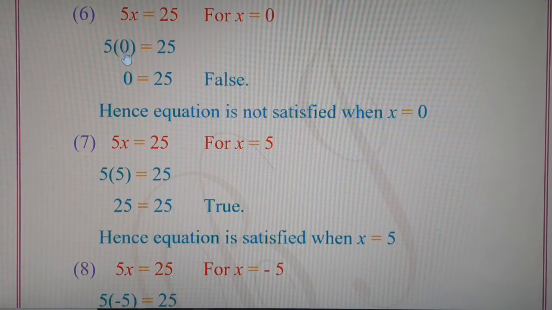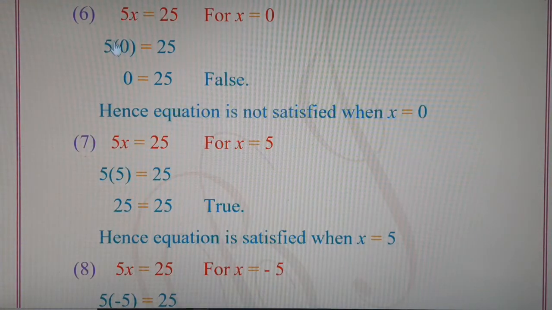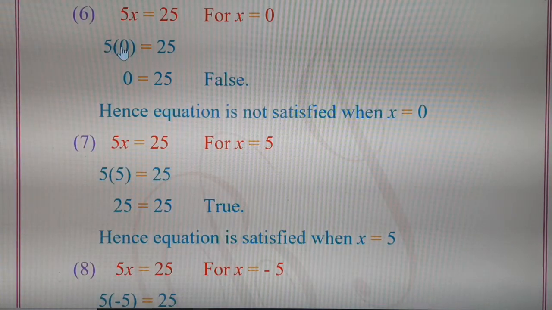So here we substitute the value inside a bracket. So x will be substituted as 0. So 5 bracket 0 we have to write. Otherwise, if we just write 5 and then we just write 0, then 50 it becomes 50 and the sum will become wrong. So here, in order to substitute the value, children, please remember that we have to put the bracket: 5 bracket 0. That means 5 is multiplied with 0. Bracket rule means multiply rule. 5 bracket 0 means 5 has to be multiplied with 0.